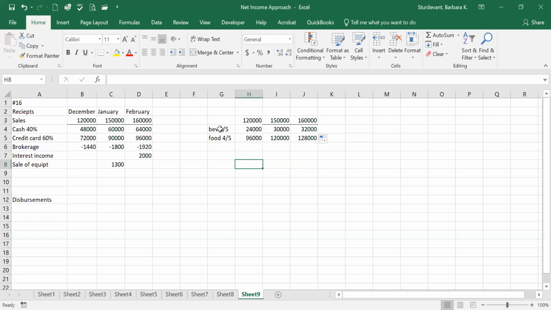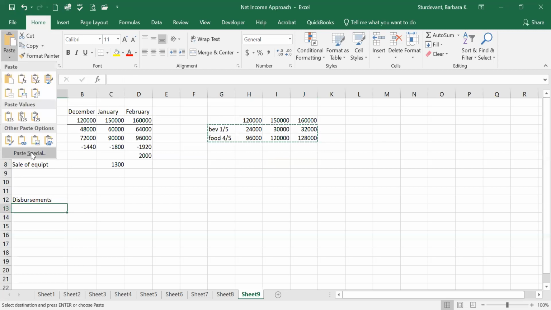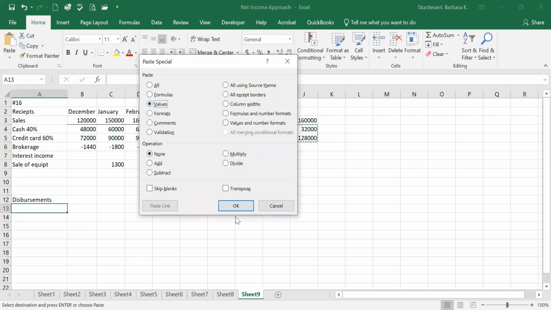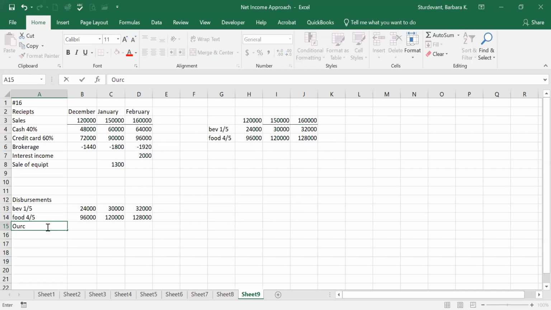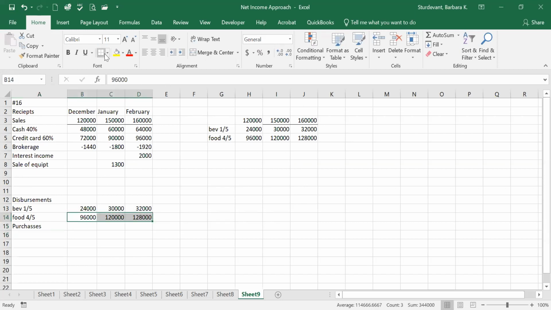So what I'm going to do is I'm going to copy this down over here, so that I can figure out what my purchases are going to be. So I'll draw a line here. All right, so purchases are